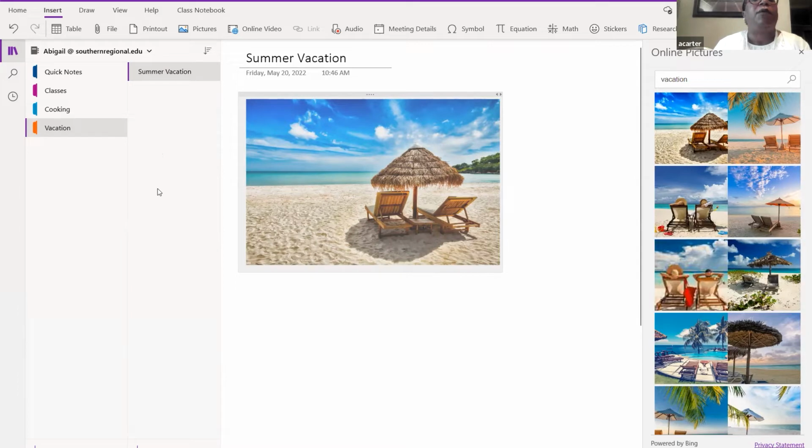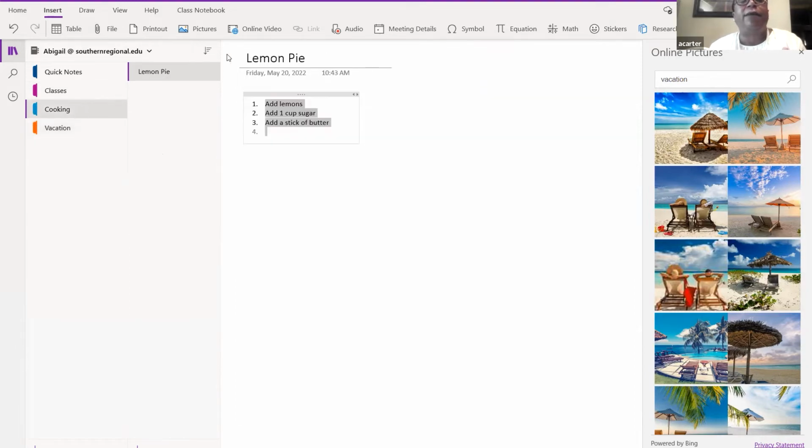Now, again, just like Word, there are other things I can add to it. One of the things that people really do with OneNote is share information. Based on me sharing my screen, I might not be able to do this, but if you click on this share folder,